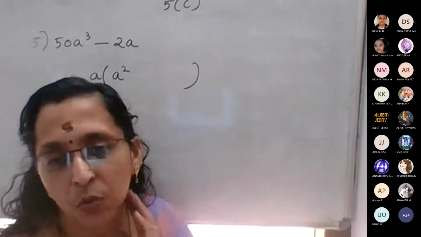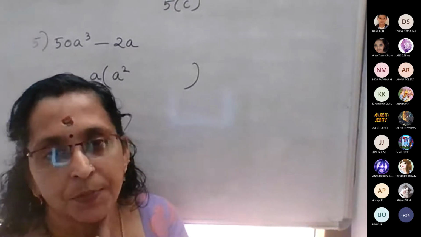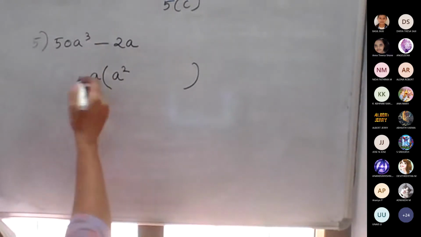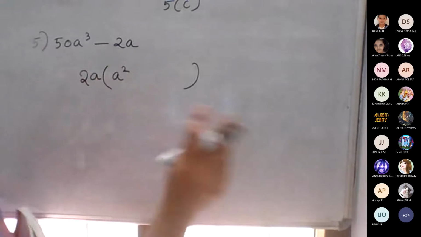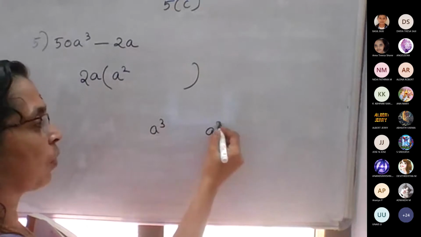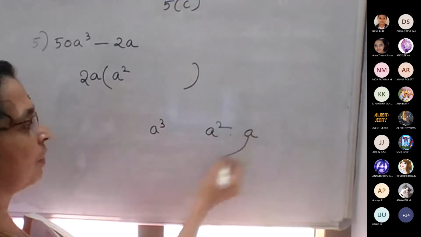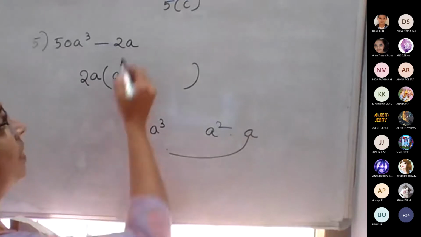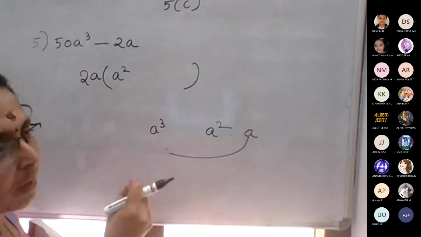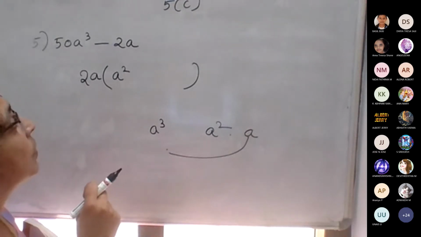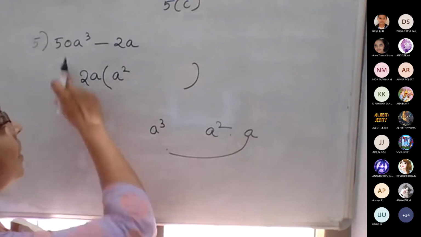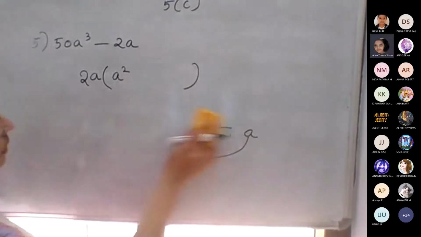Is there anything we can do with that 2? 4 we can write as 2 square. 25a square. What are the things we don't want that we can take? A cube is there. We need only square. One more a is there, so we will take that a outside. Then the 2 we don't want, the lowest value 2. So take that 2 also. If we take 2a, some adjustment, we will get it.